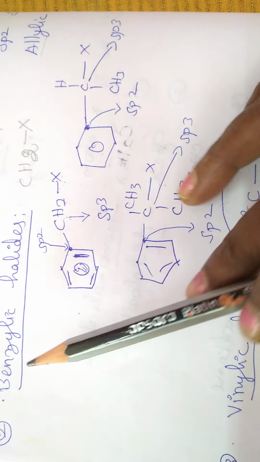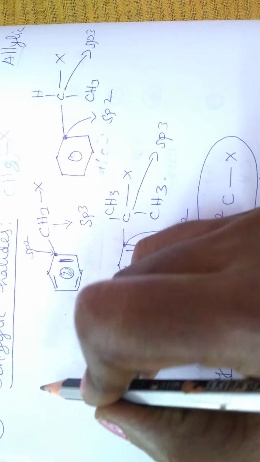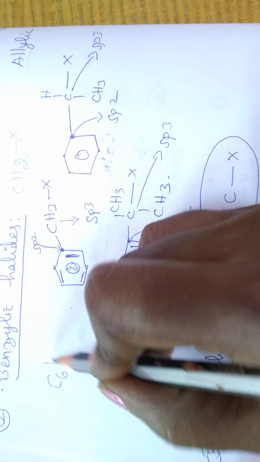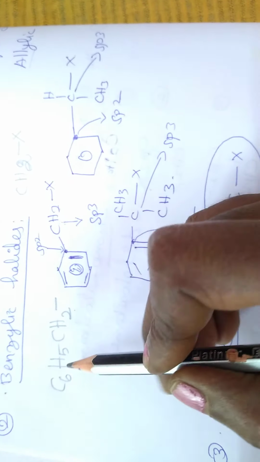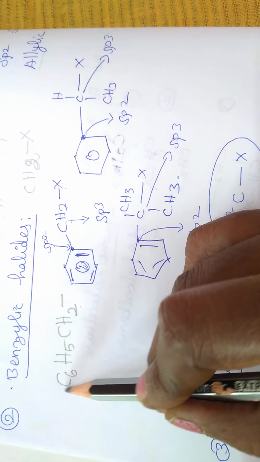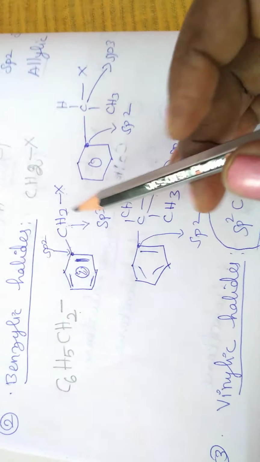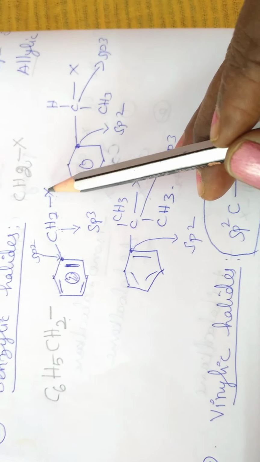So what is meant by benzyl? Benzyl means the formula C6H5CH2. So this group is known as benzyl. Now benzylic halide means this halogen,